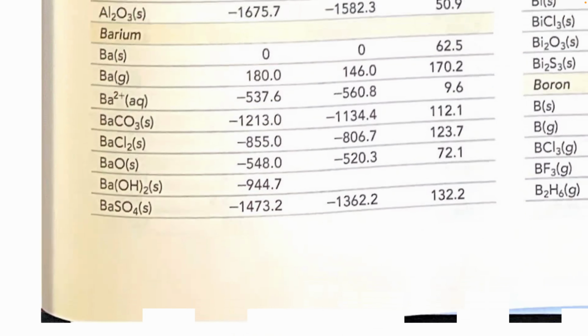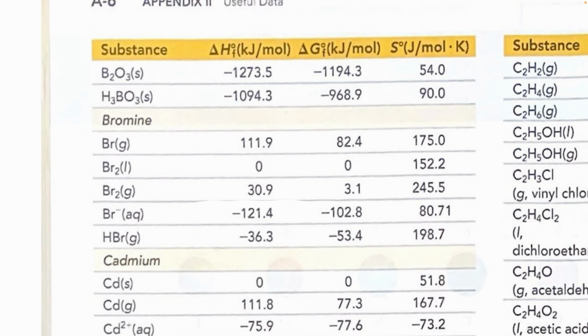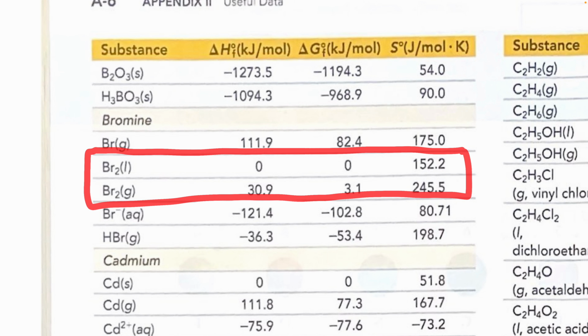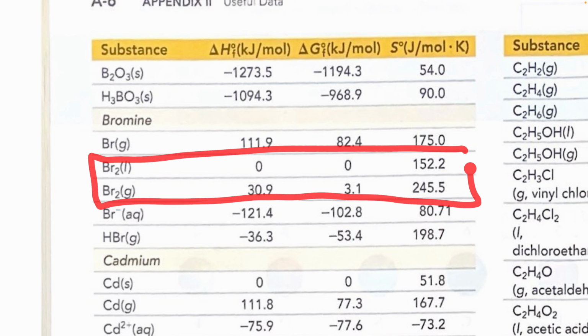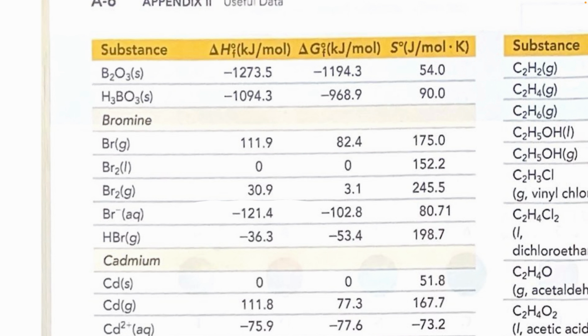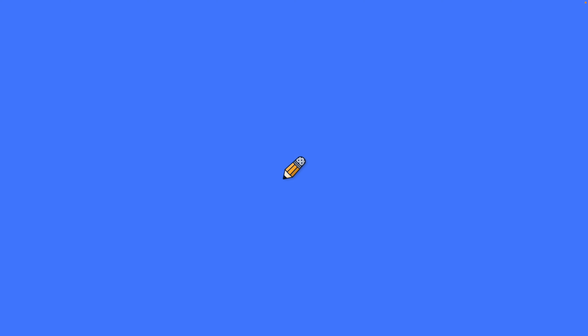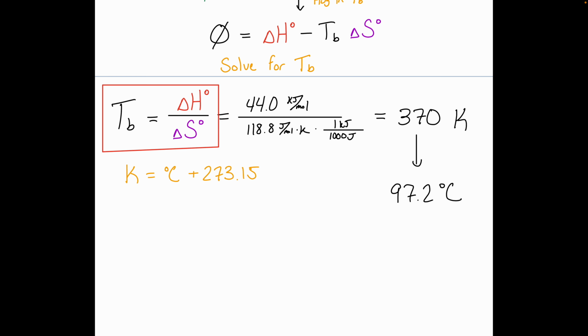But of course, there are plenty of things on this constants page. Bromine, for example, is one of those weird elements that's a liquid at room temperature. One of only 2 elements, right? I don't know the boiling point of bromine off the top of my head. So we could use our thermodynamic variables from this page here to figure out, or to estimate, what the boiling point of that substance is. It's not going to be perfect, but again, it'll get us in the right ballpark. Cool. All right, so